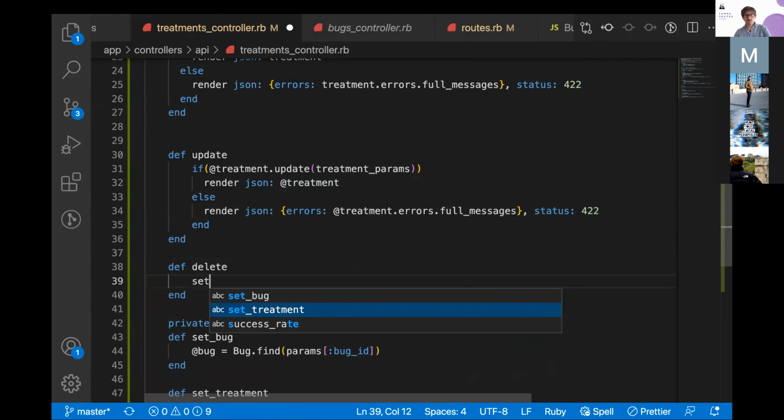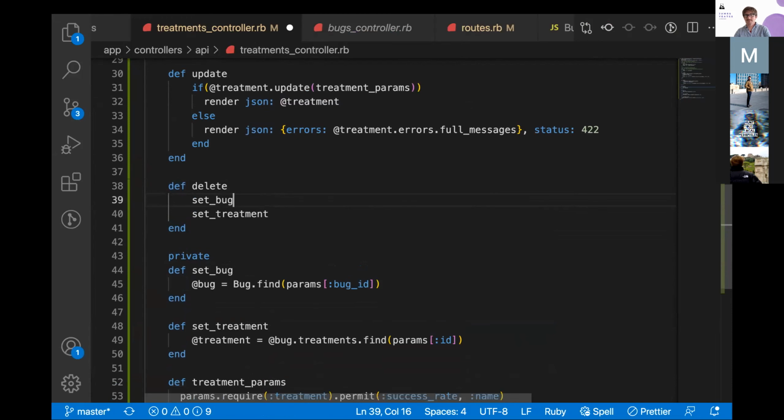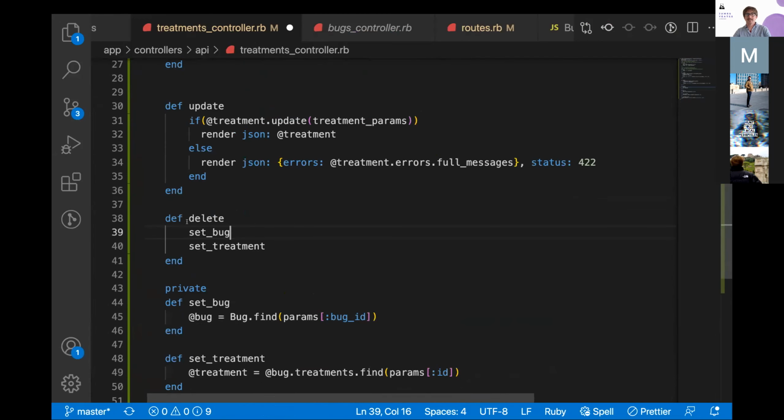Right, I need to set the treatment, because I need to go in and find the bug. Set treatments really goes to say, hey, go find the bug, because the set bug is actually being called before all actions. So we're really setting the bug, setting the treatment,